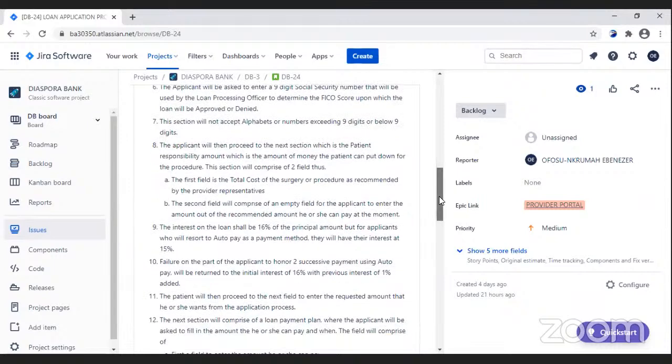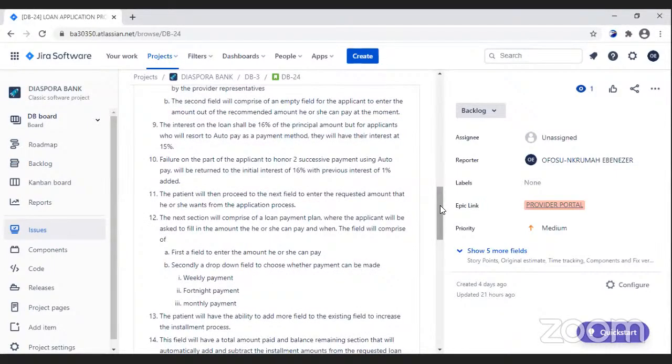So that means if there is a breach in the payment system over a period of time, two successive payments, you breach that agreement, it will revert you back to the old interest rate, which was 16%, and then the preceding interest that we gave you, we would add it back. The patient will then proceed to the next field to enter the requested amount that he or she wants from the application process. The next section will comprise a loan payment plan where the applicant will be asked to